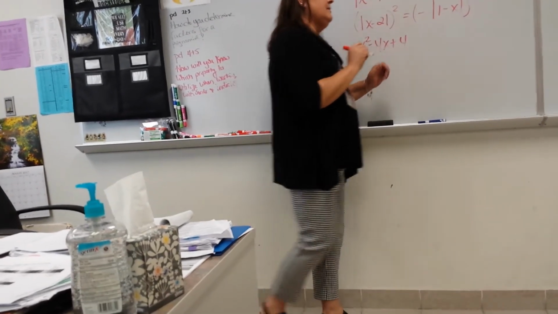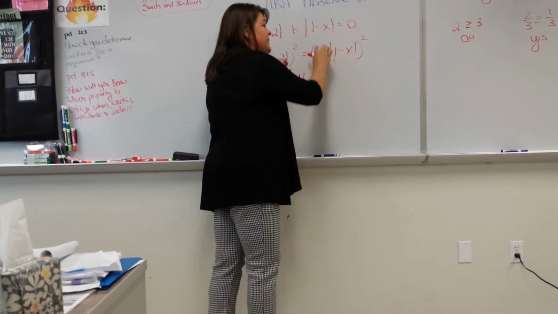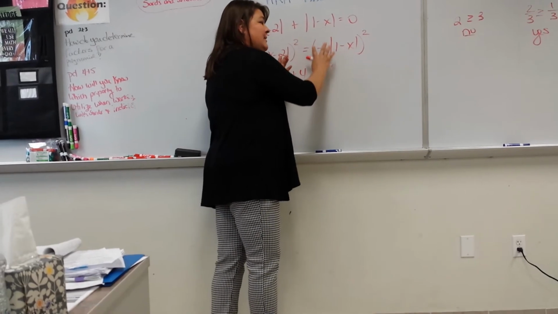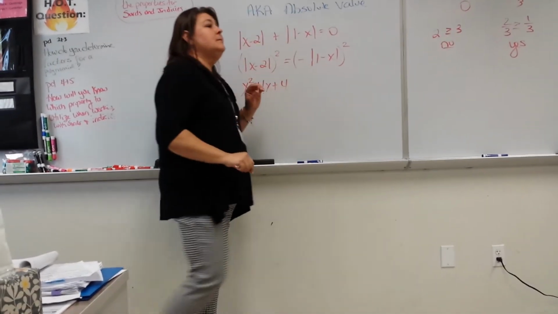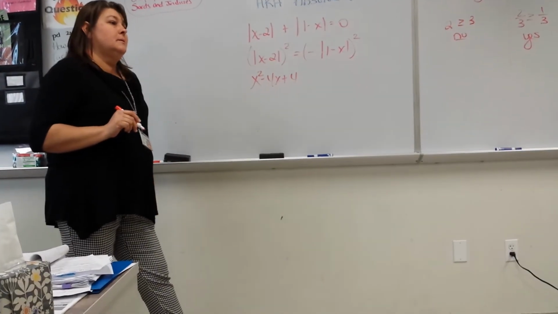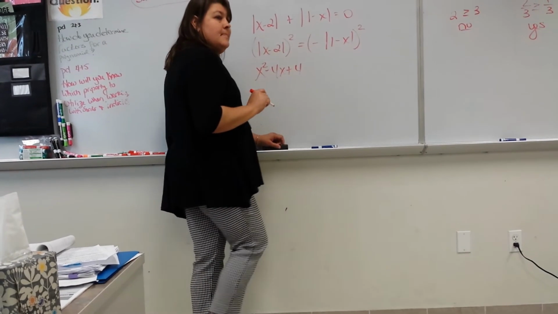So how this happens is you're going to square this thing to become a 1, and you're going to FOIL this and distribute the 1 through. If this was a 3, you would square this to be a 9, FOIL, and distribute it through. But because it's negative and it's squared, it'll just be positive 1, right? Correct. And then when you distribute it,